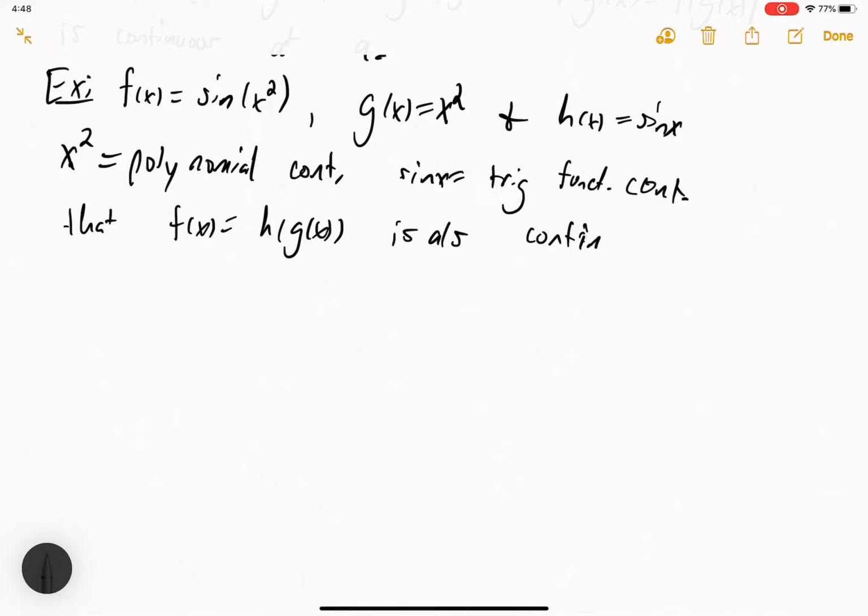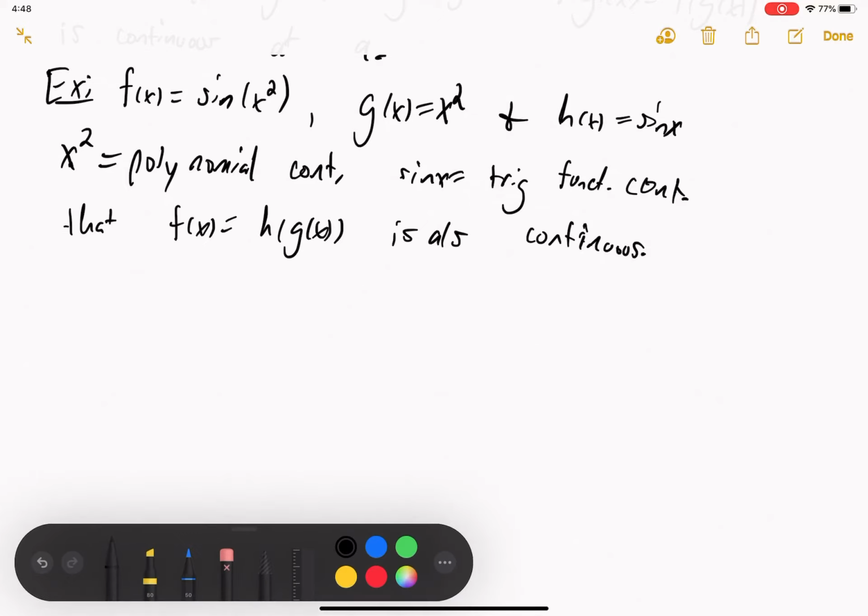And that's what I mean by a lot of these things can be pretty powerful. We can take something that looks a bit complicated, try to write it in terms of nicer pieces. In this case, our pieces that we chose were x squared and sine of x. And those were actually pretty helpful. And one of the things I should notice, kind of clarifying with the notation that we used earlier,